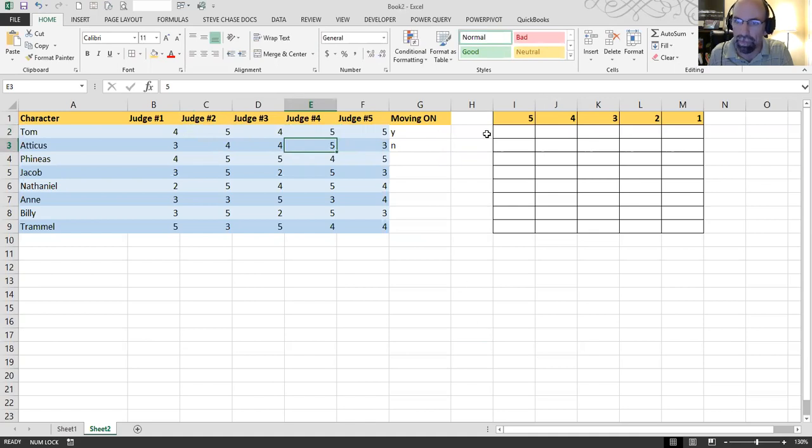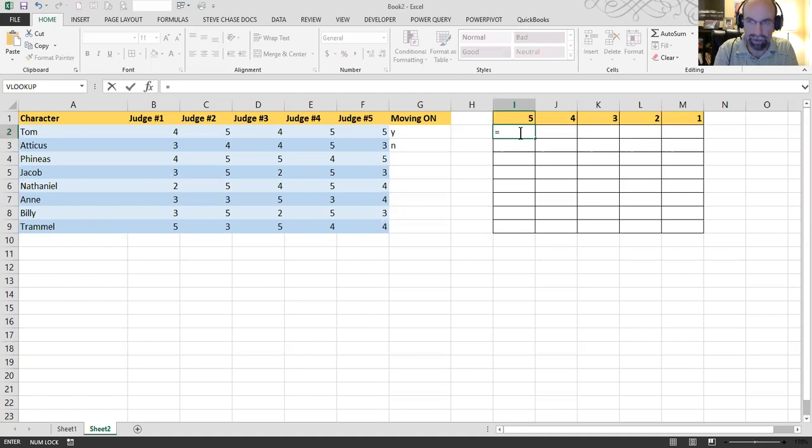So, to begin, I'm going to go through and we're going to count how many 5s Tom has, how many 4s, how many 3s, 2s, and 1s, if they have any. And we'll do that by choosing the function COUNTIF. So let me begin by typing equals COUNTIF,